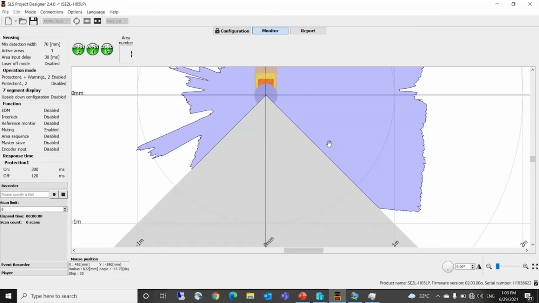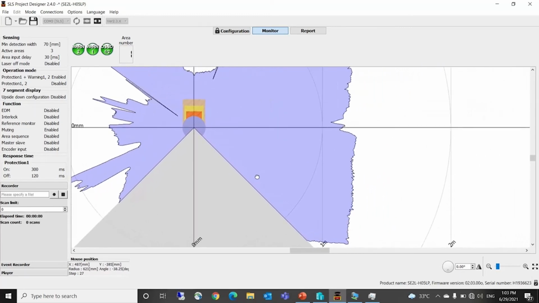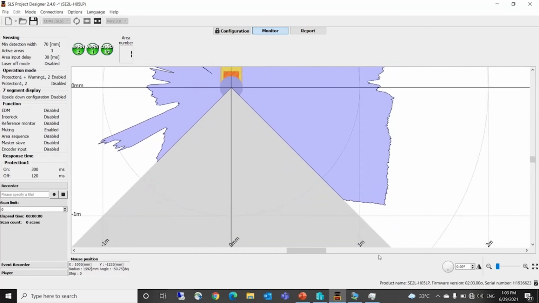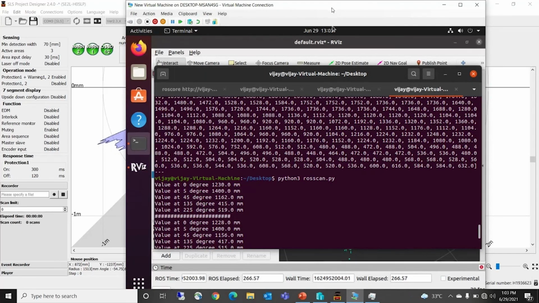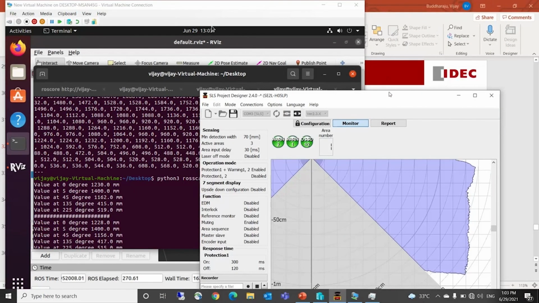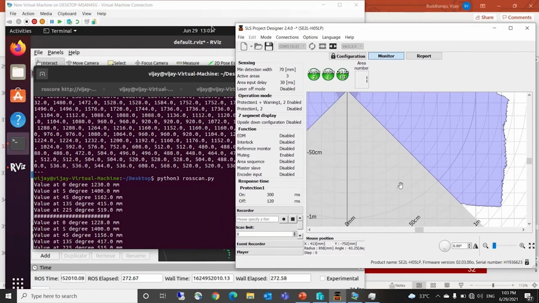It is more than 1 meter, right? So this is 1 meter. You can see here 1 meter. It is a little more than 1 meter. So we can see the data over here. So for 0 degrees it is around